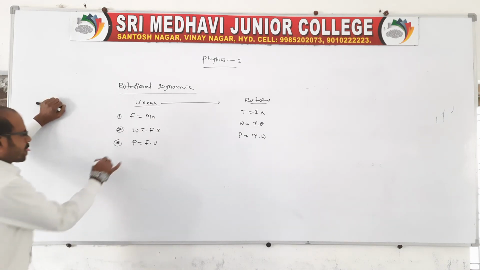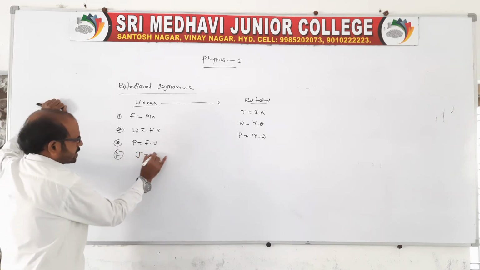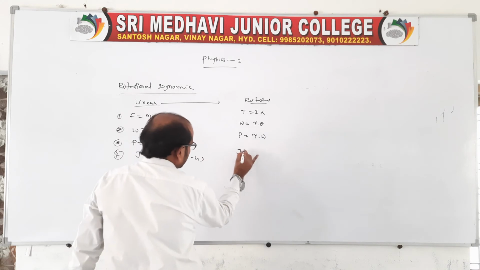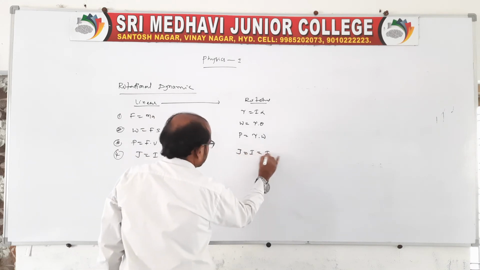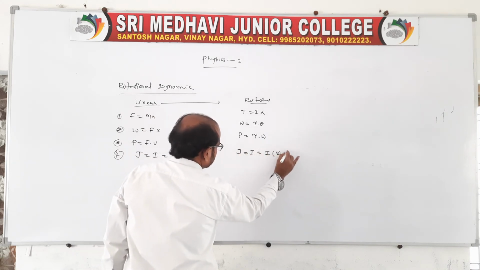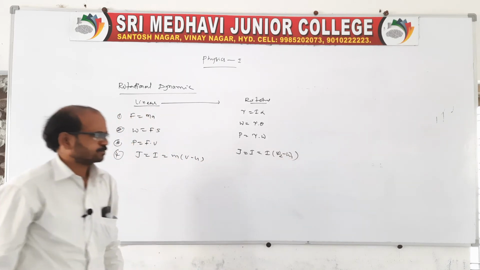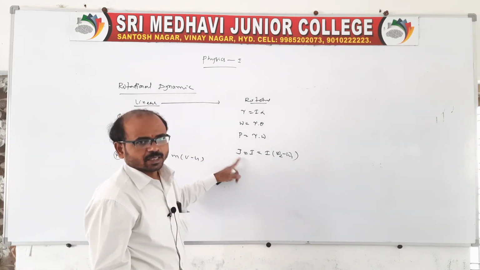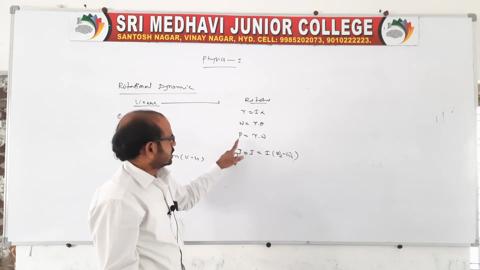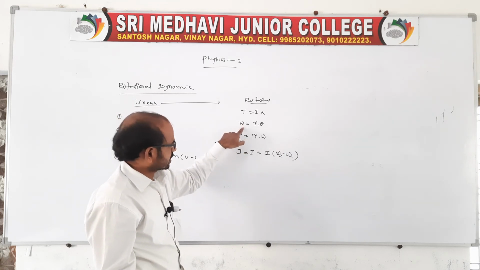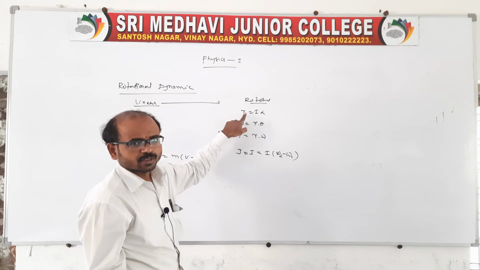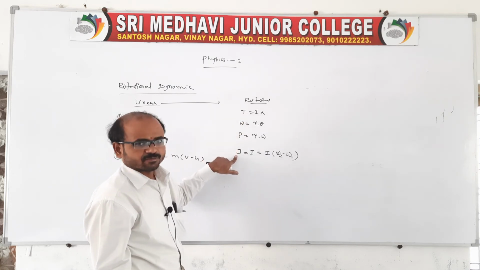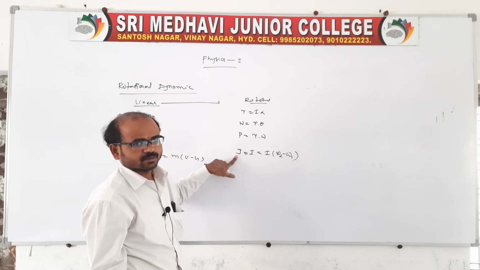Right? And we know impulse J or I is equal to M into V minus U. Here you write J or I is equal to I into omega 2 minus omega 1. It is the impulse and the rotational impulse. It is the rotational power, work done, torque. Torque, work done, power and impulse. We can also call it angular impulse. Right?